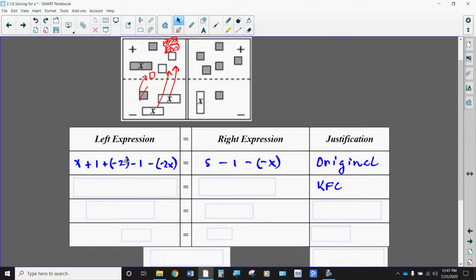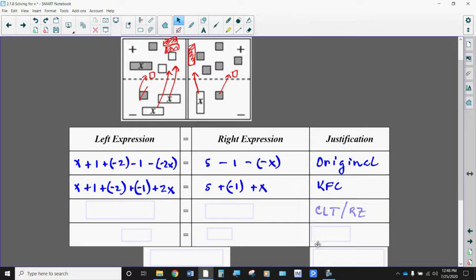So we now have x plus 1 plus a negative 2 plus a negative 1 plus a positive 2x. And on the right side, we'll move this guy across the street, and it'll become its opposite. And this guy moves across the street, and it's going to become a positive x. So this becomes 5 plus a negative 1 plus a positive x. Now it seems like we should combine like terms and remove any zeros if we're going to combine terms that